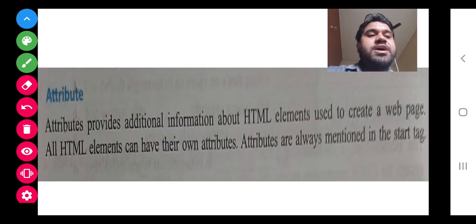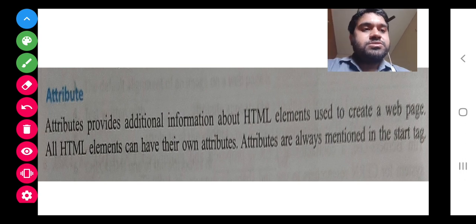Now we will move to attribute. Attributes are the properties, like in body I want background color, in body I want the text color, in body I want some background picture. So that is an attribute, that is the property of that particular tag. For example, the paragraph tag has the property align left, right, center, like that. Similarly, all the tags have some or the other property.